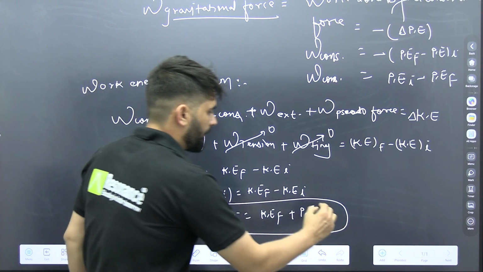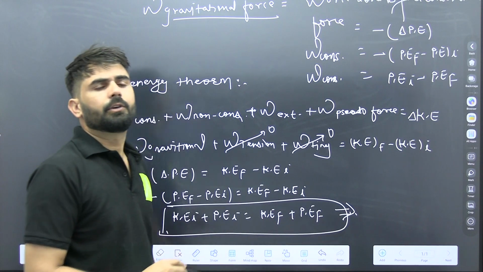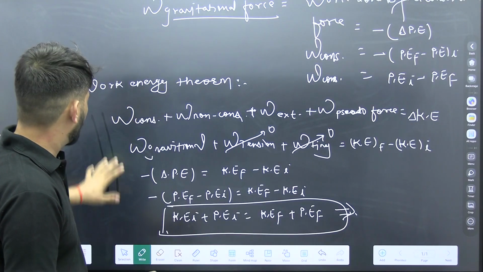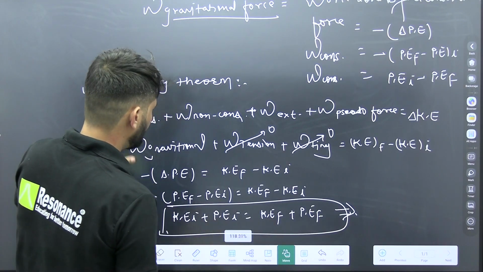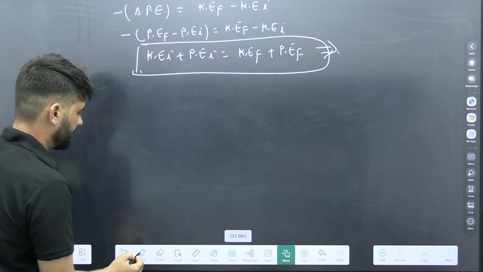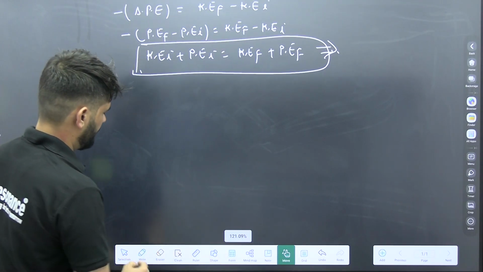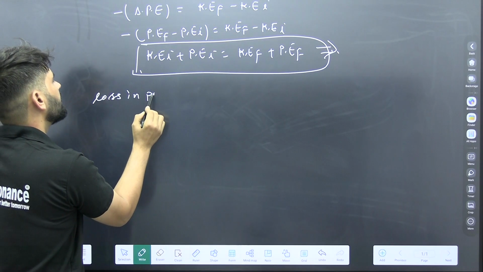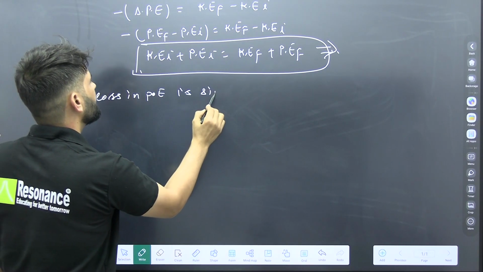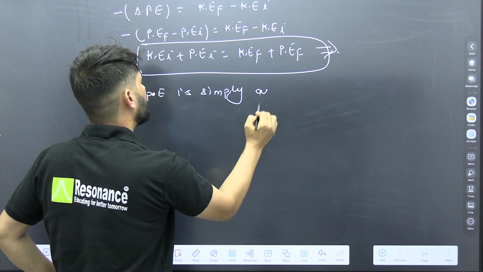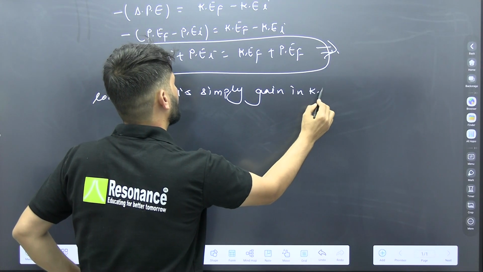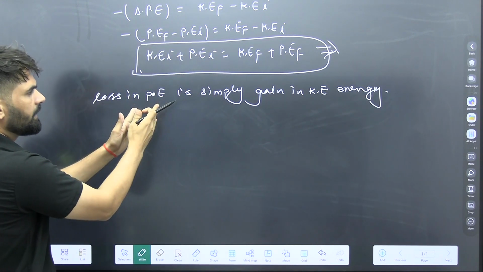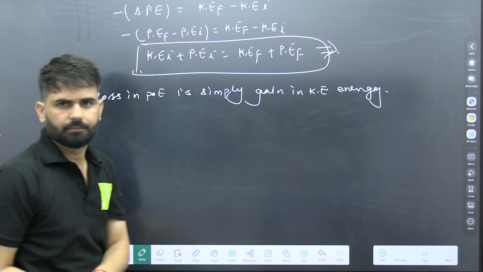Okay, mechanical energy is conserved due to absence of non-conservative type of forces. So we can simply say that loss in potential energy is simply gain in kinetic energy, and vice versa. Loss in kinetic energy is simply gain in potential energy. Okay. Now